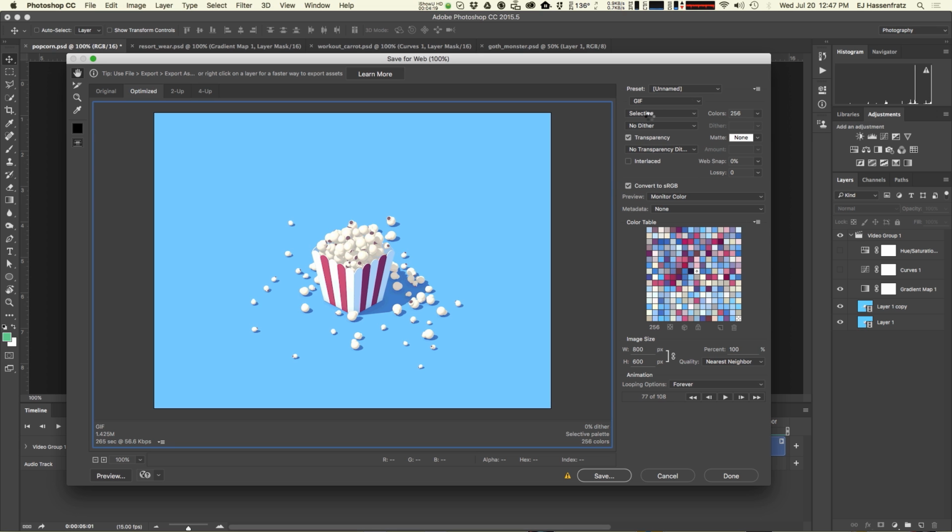Perceptual, let's move to perceptual. So perceptual is very similar to selective. The only difference is that it's actually making colors that make your little eyeballs happy, based on the difference of what colors you can perceive. Hence the name perceptual. So it's all about making your eyeballs happy and optimizing in a way that any subtle color changes are not going to be that perceivable by the